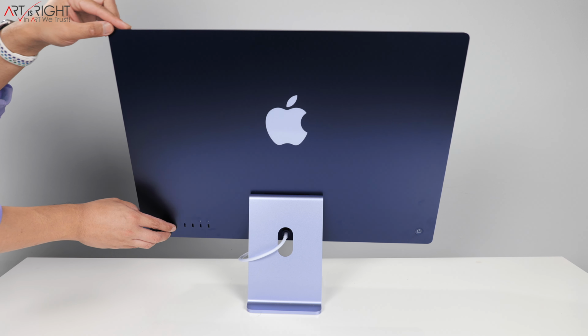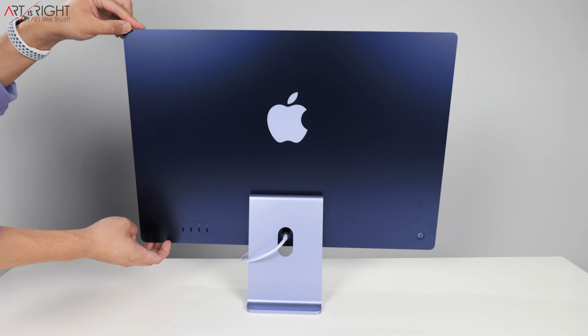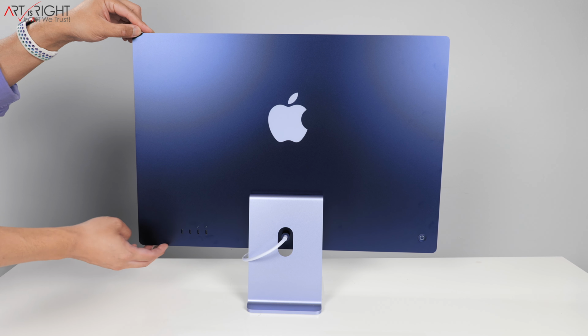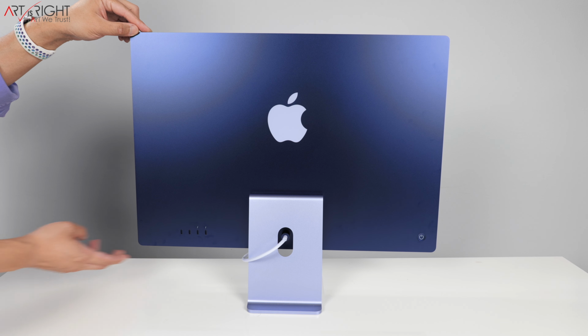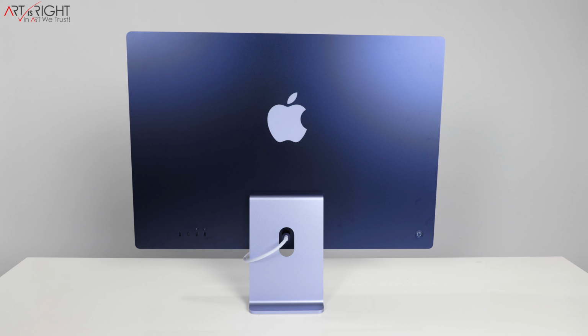There is a slightly different haptic compared to the touchpad before, the Magic Trackpad. So I like this one a little bit better. It feels a little bit softer. To me, I like the braided lightning cable that pretty much matches the color. And one more last thing I want to add about this too is that if you take a look at